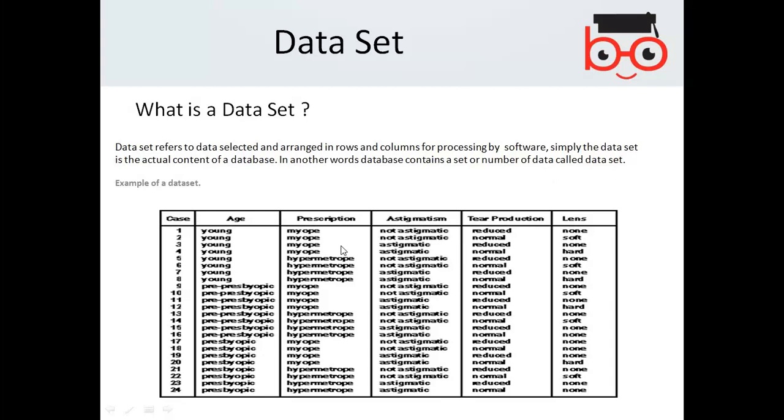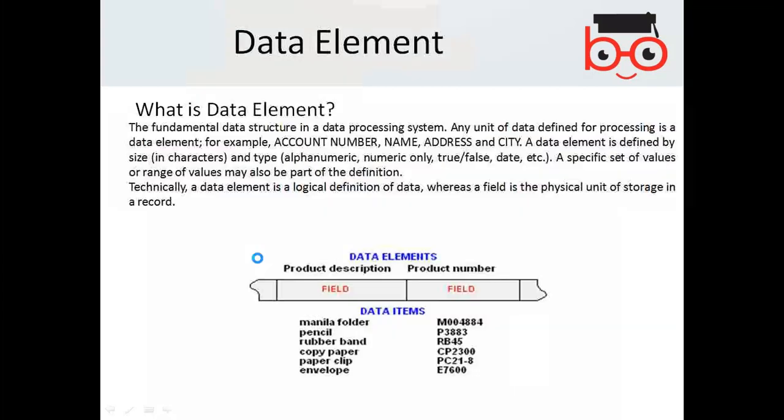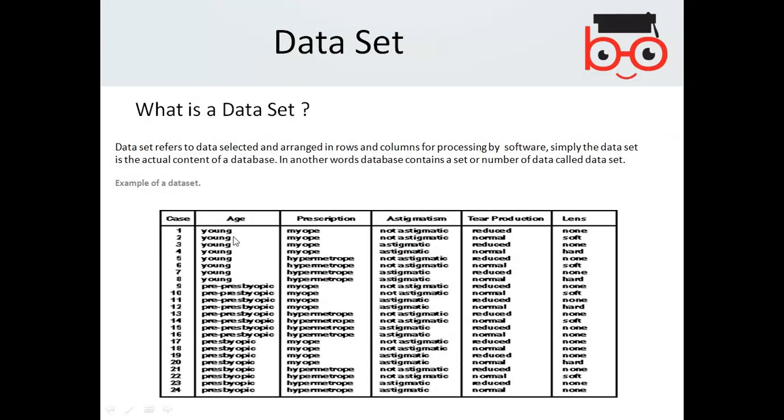So when you say a table is in front of you, obviously it is being represented with the help of data elements in the form of logical as well as physical. So the representation of the data using the field and description is also called a data set. So you have this data set in front of you.